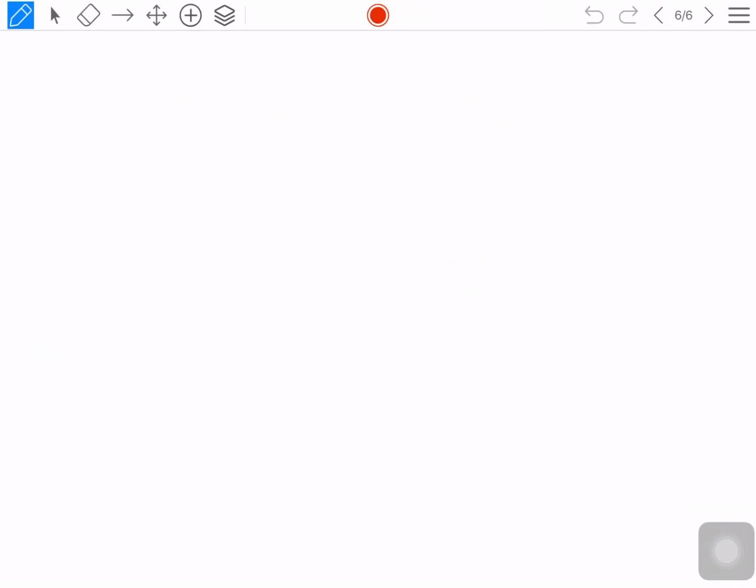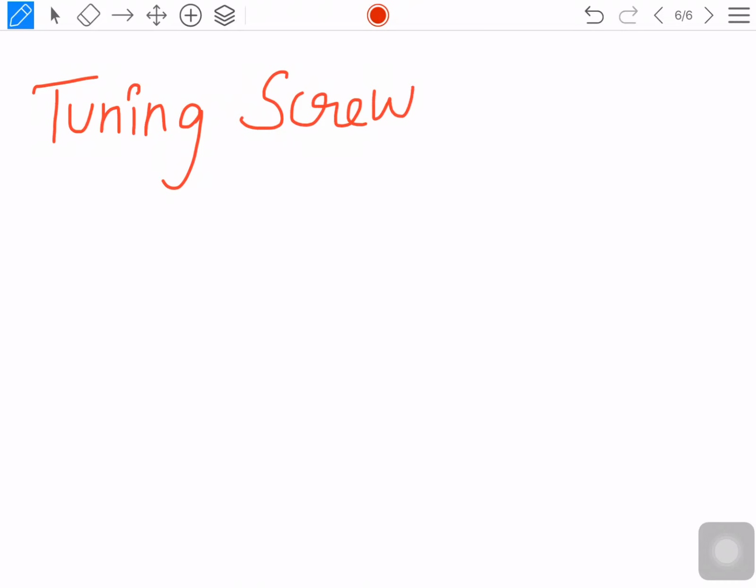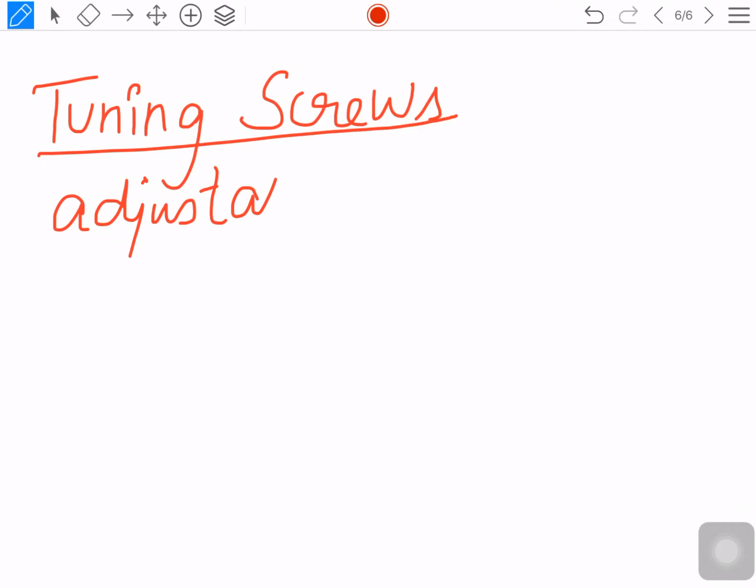Now, in this session, we have seen tuning screws. These are adjustable projections used for impedance matching purposes.